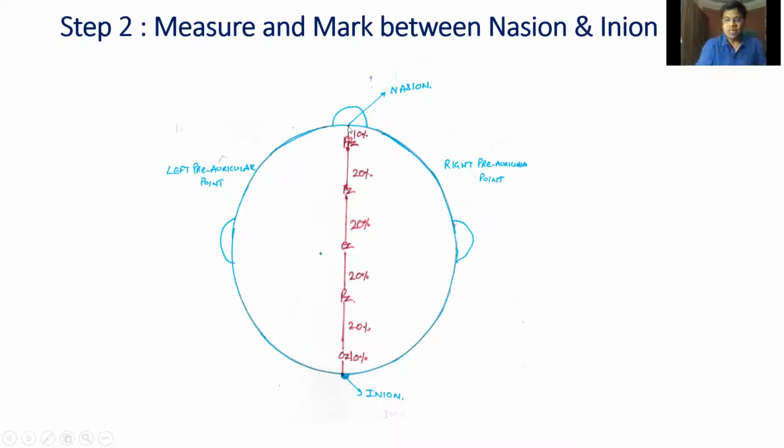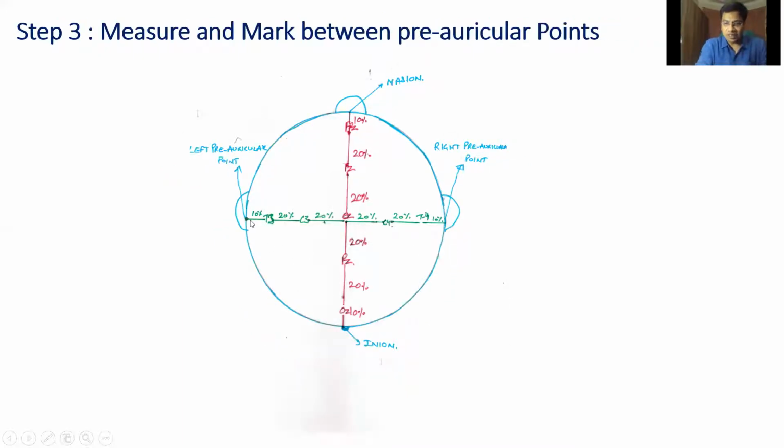We have found these, but our main interest is to find C3, C4, F3, F4, and O1, O2. Since we have not found any of these landmarks yet, we go to the next step. We measure from the left preauricular point to the right preauricular point, passing through Cz, which is again 32 to 36 centimeters in normal adults. It should pass through the point we have already marked as Cz. The point where this cross section is, is the actual Cz.